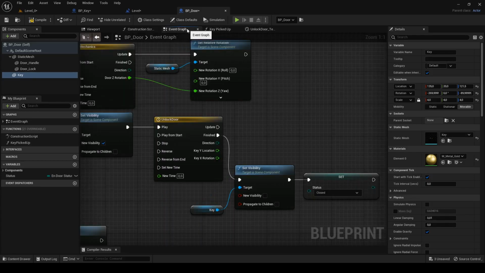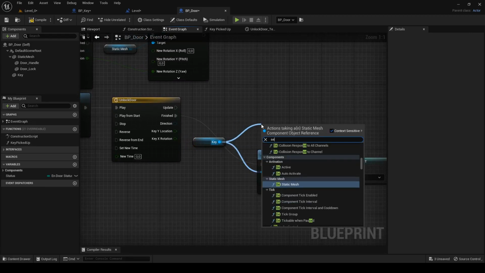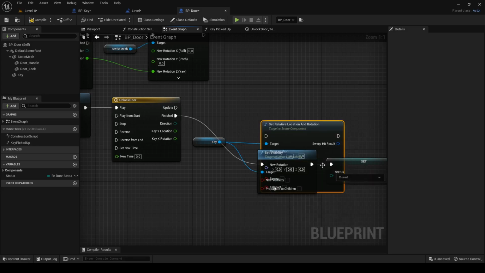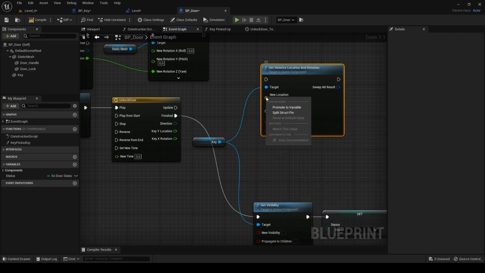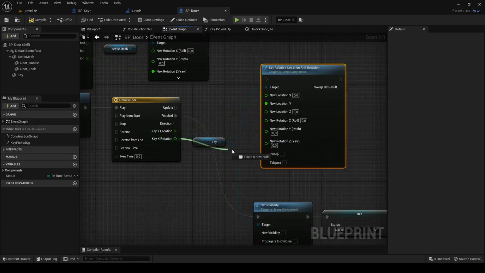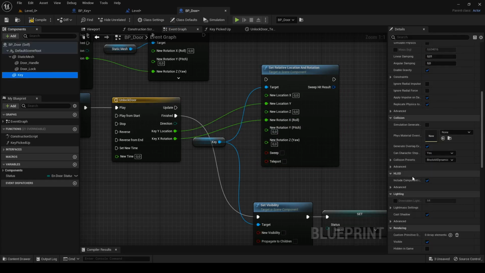Back to the event graph and out of the key reference, search for set relative location and rotation. Split the structure pin for new location and new rotation. Connect it appropriately and set the default visibility of the key to false.